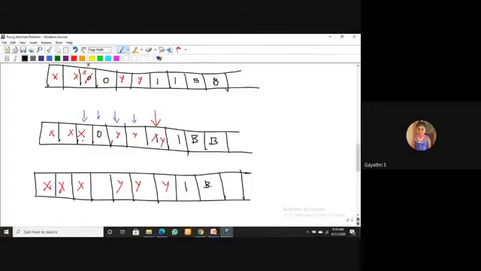Okay, now I'm in the position here. I'm reading the current symbol, which is 0. Yes, this is the leftmost 0. Okay, this is the leftmost 0. That 0 is replaced by x. Okay, that 0 is replaced by x.